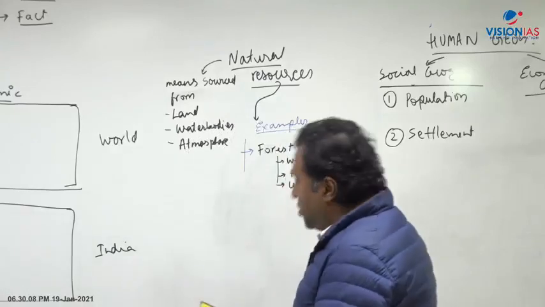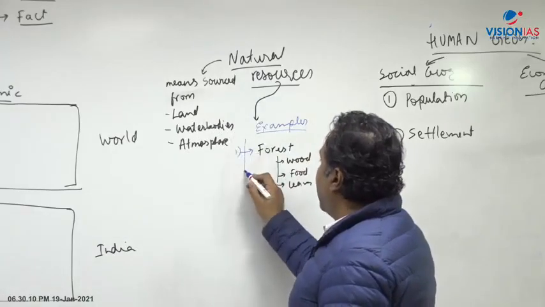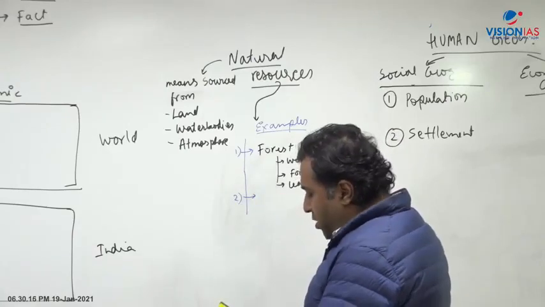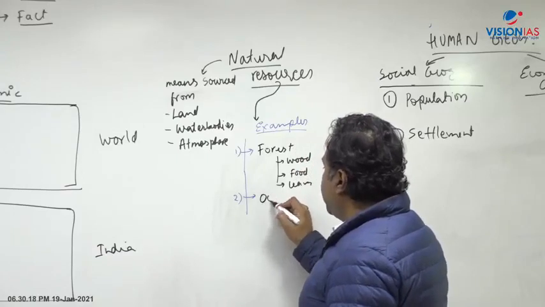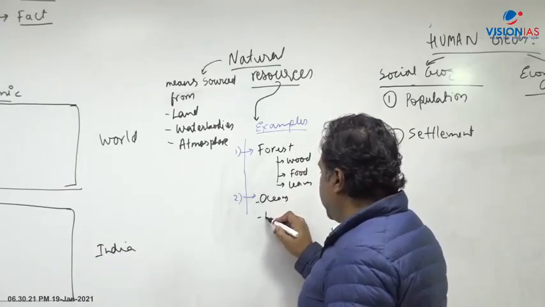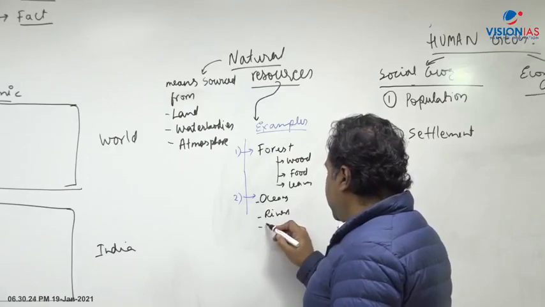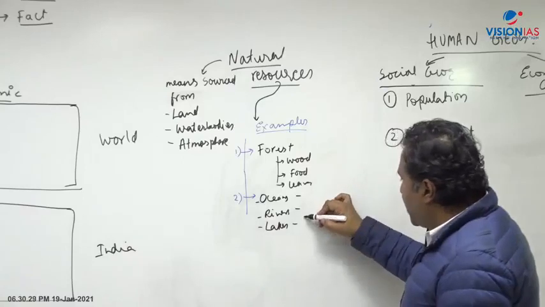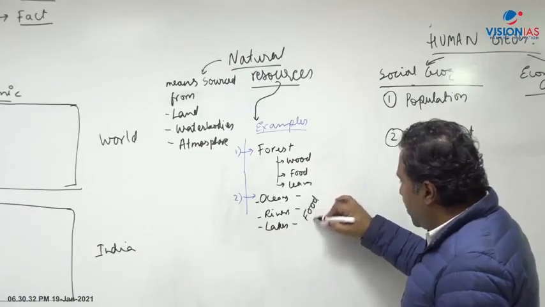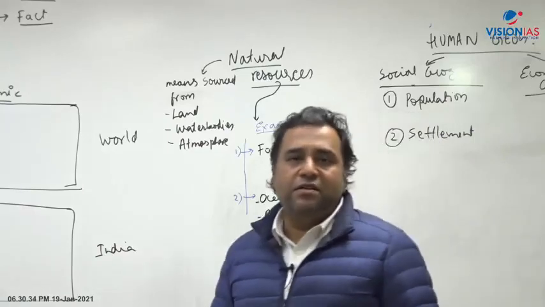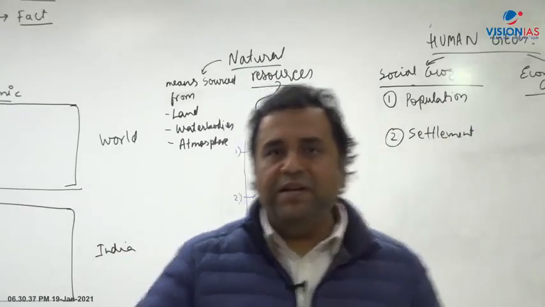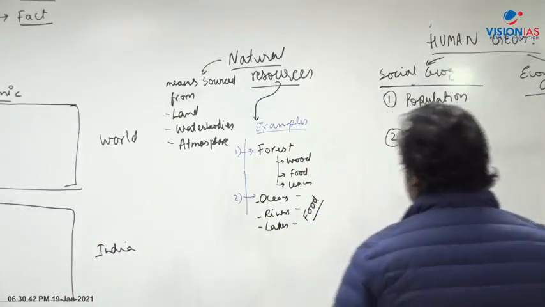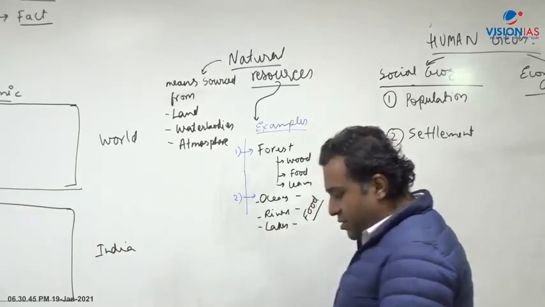Then, after forest resources, are there any other examples of resources? Yes, there are, such as resources from water bodies, such as the oceans, rivers, lakes. And what were the things that we got from there? We got food. One best example is food. So food was one common thing that we got from the oceans and the lakes and the rivers. You can see many tribals still collect food from there. So the ocean resources, river resources and lake resources were the other resources. Then